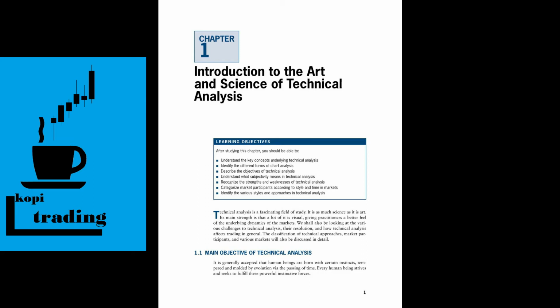Chapter 1, Introduction to the Art and Science of Technical Analysis, Learning Objectives. After studying this chapter, you should be able to understand the key concepts underlying technical analysis, identify the different forms of chart analysis, describe the objectives of technical analysis, understand what subjectivity means in technical analysis, recognize the strengths and weaknesses of technical analysis, categorize market participants according to style and time in markets,